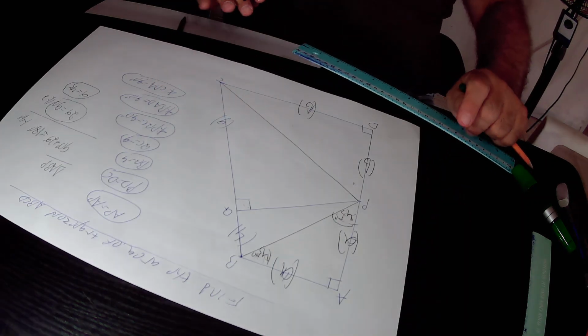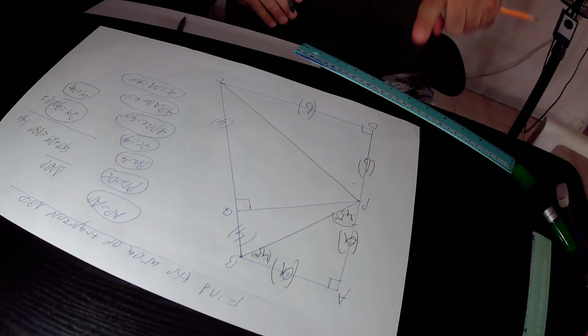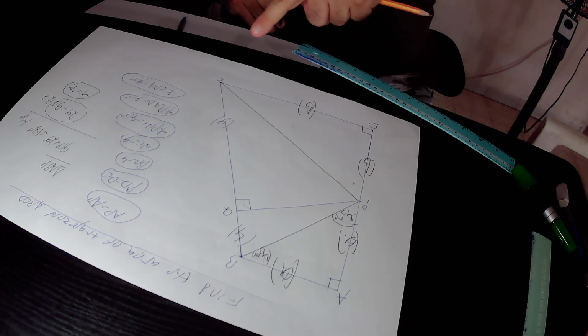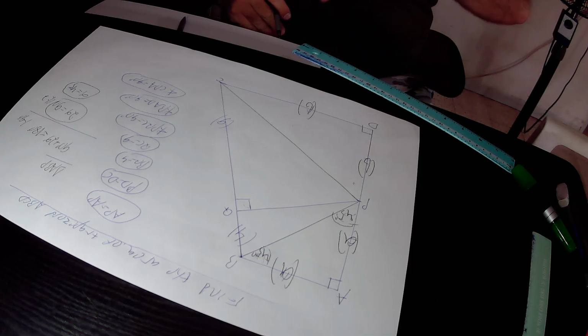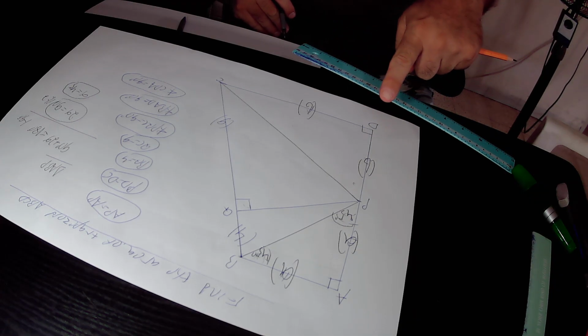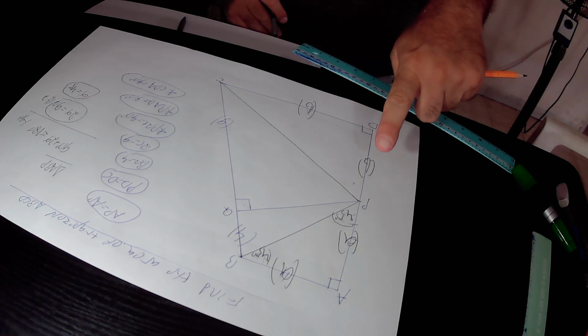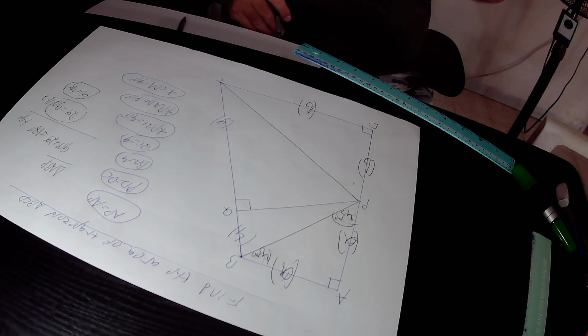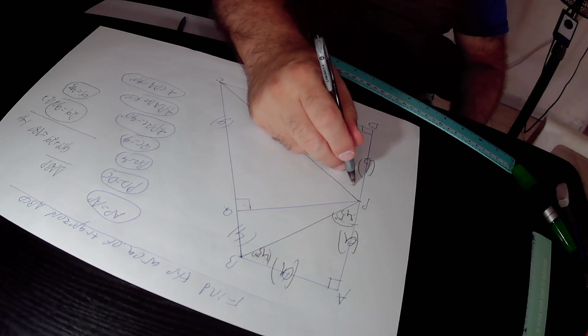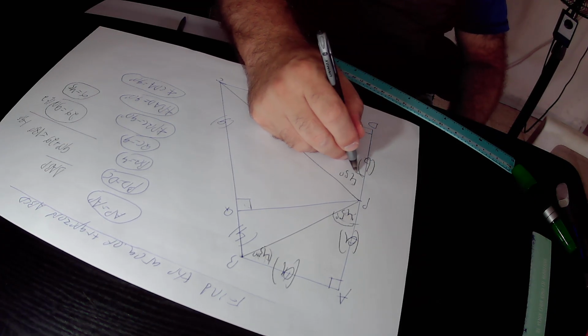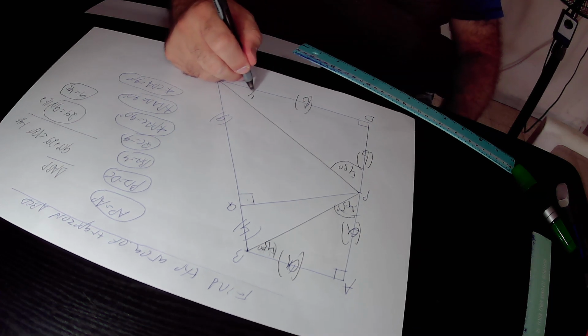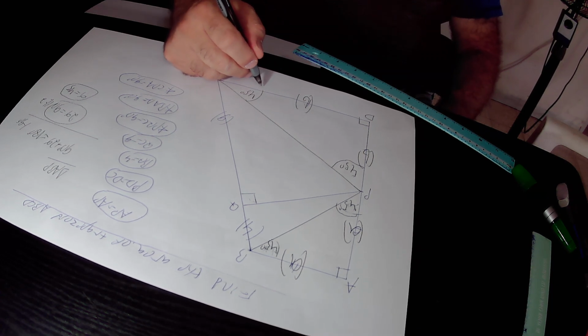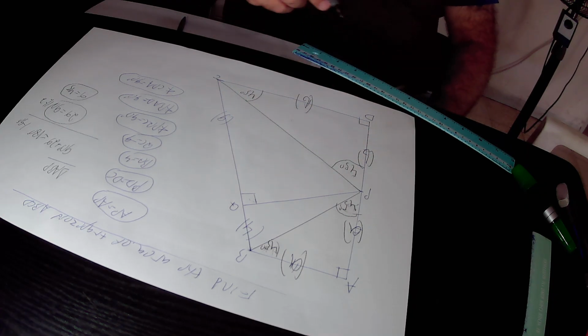We don't have to repeat the same process in this right and isosceles triangle, triangle BDC. It is a right triangle because this angle equals 90 degrees, and it is an isosceles triangle because BD equals DC. So you can write down immediately that this angle equals 45 degrees, and this angle also equals 45 degrees. Because we arrive at the same result here, we don't have to repeat the same proof in this triangle,